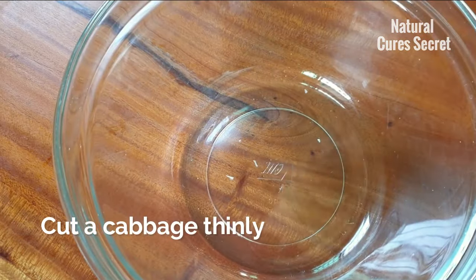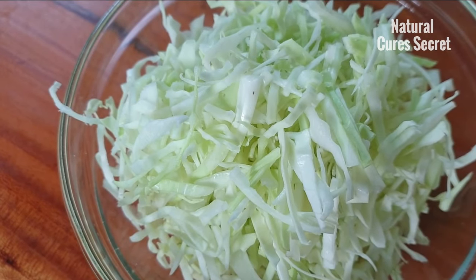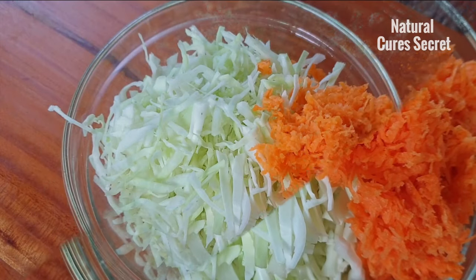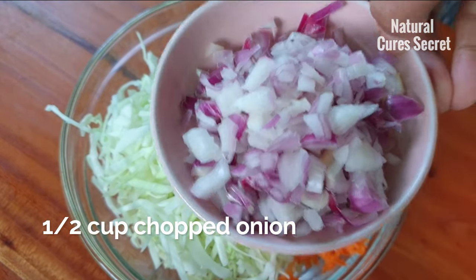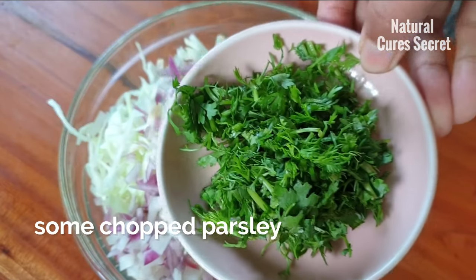Cut the cabbage thinly. Take about 3 cups. Add 1 cup of grated carrot, a ½ cup chopped onion, some chopped parsley,